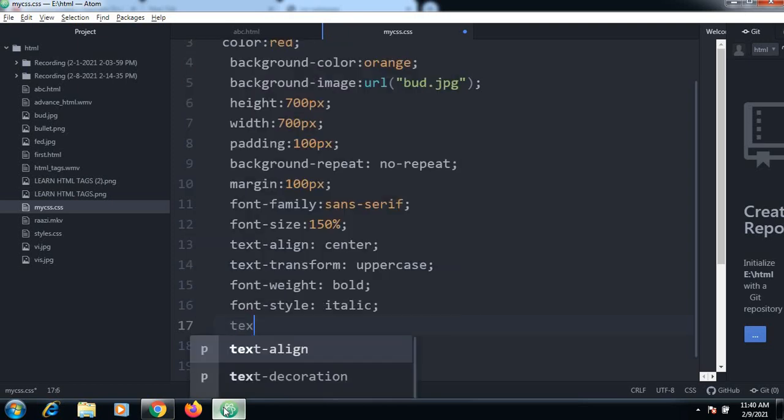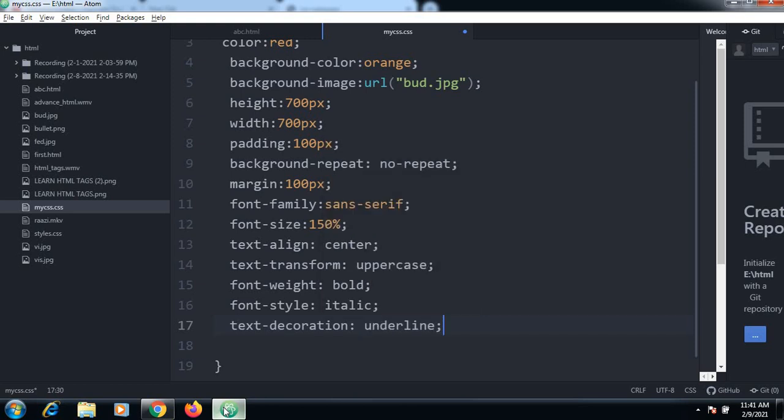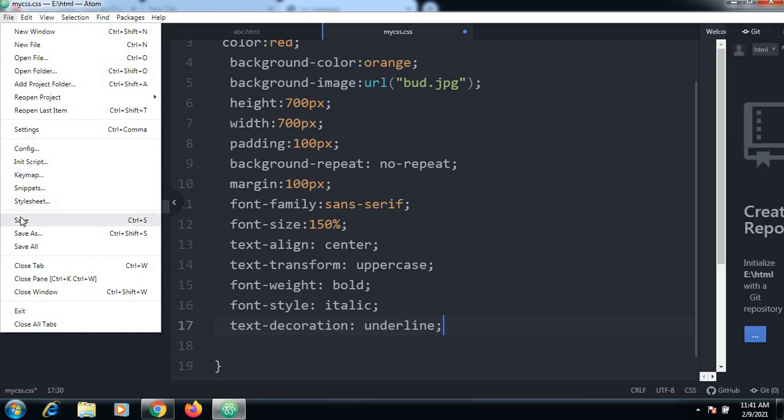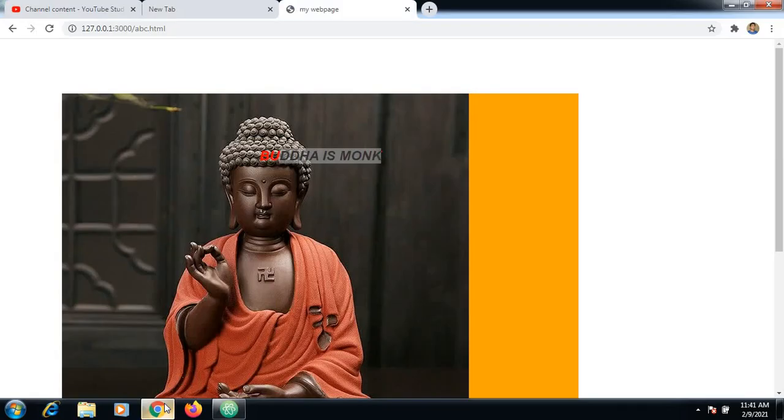We have text decoration, where we can have an underline over here. You can see that this is an underline. So this is how we can change.